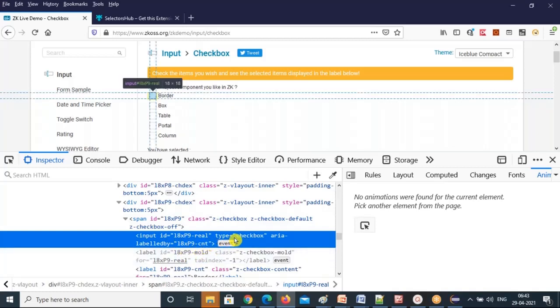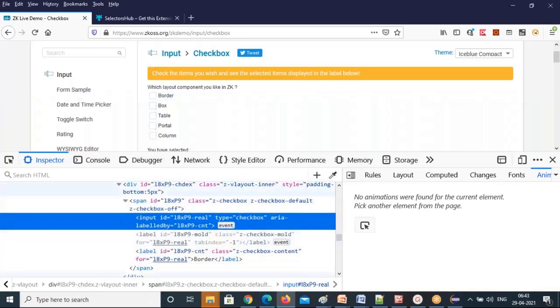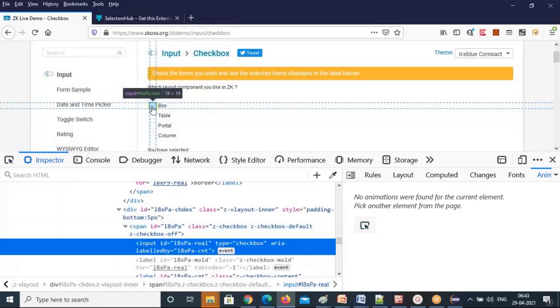So there is a chance for type. Let's see which one is common here. Again, in the second one also, type is common. So I'll construct an XPath with the type attribute, and fetch all of them.